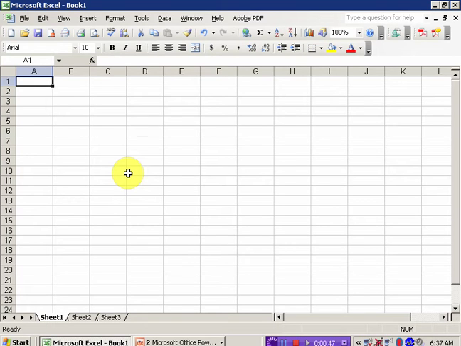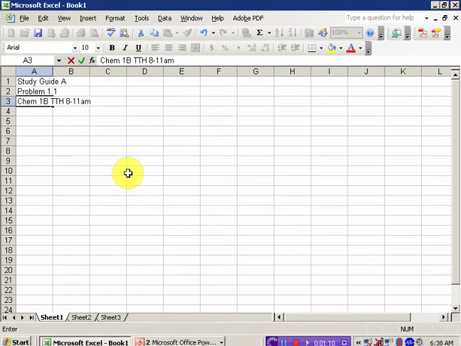Okay, I'm going to start by entering a title for this plot and some information about my name, which is highly relevant if you're going to be handing it in. So let's call this Study Guide A Problem 1.1, Chem 1B. I'm Tuesday, Thursday, 8 to 11 a.m. and my name. This will print out when we print out the data,